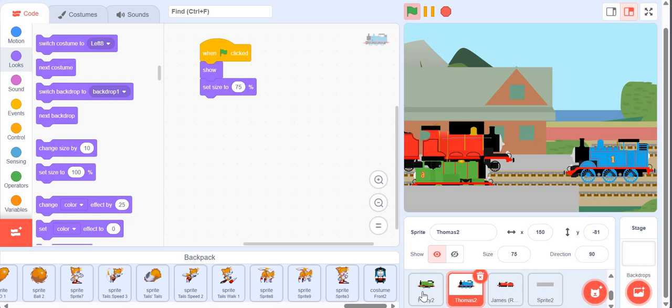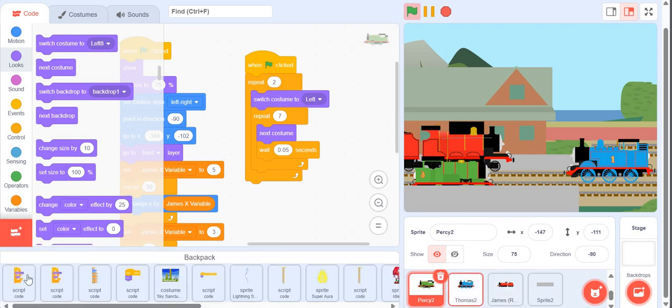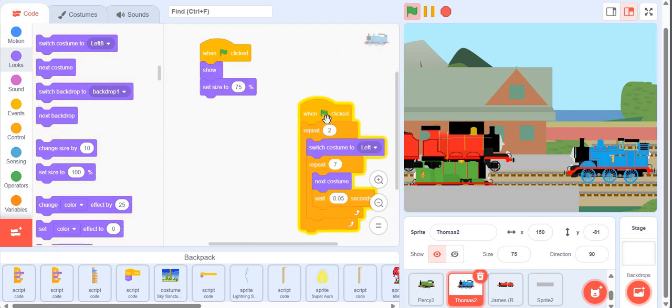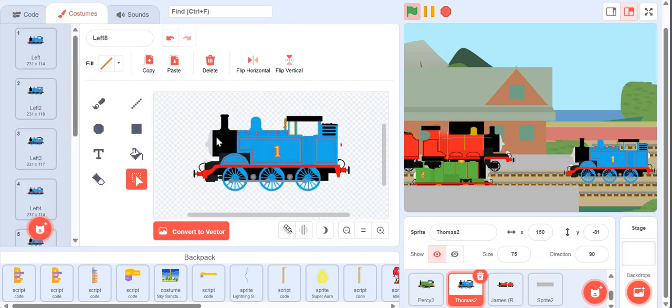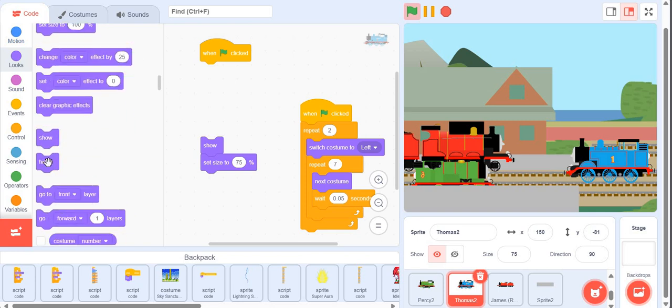Now we can test out Thomas's. I'll just take this. And that is how you get the glitch effect for the trains. If they had eyes on their faces, I guess you could also add a glow effect to it. But I don't have that, so we won't be doing that. So for now, we'll just tell Thomas to hide, because I want to show